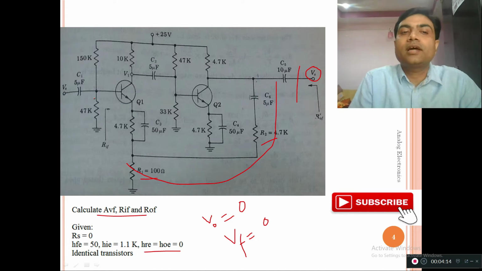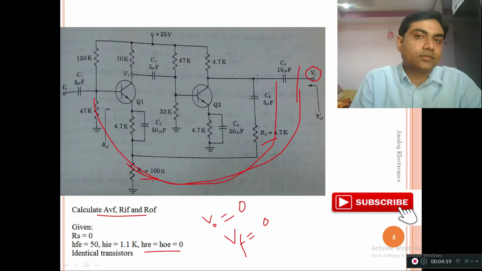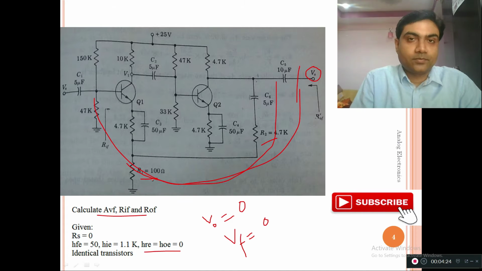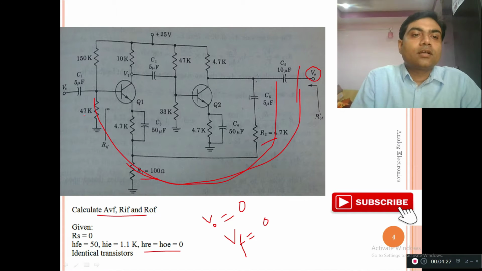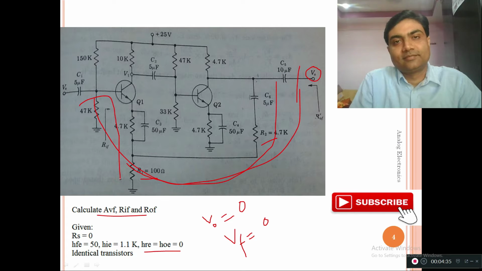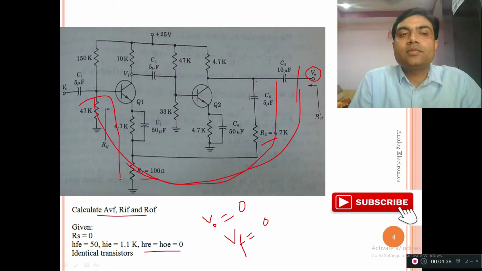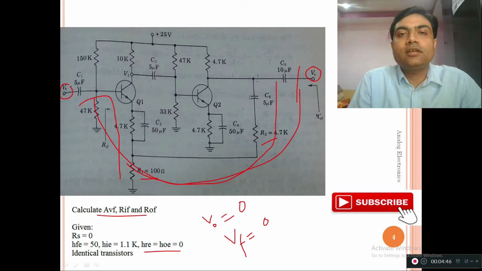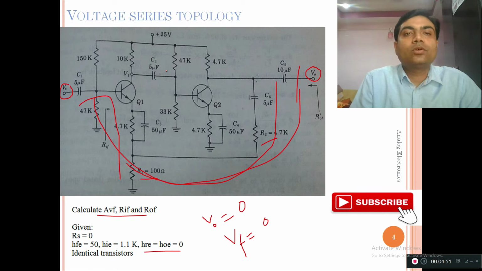Now if you carefully look at the circuit, R1 and R2 indirectly connect the output with the input. There is no direct connection between this input terminal and this output terminal in terms of the feedback. So when there is an indirect connection, the mixing is going to be series mixing. If you do not get this logic, you can also apply the second logic: the input circuitry is connected in series with the feedback circuitry, so feedback is in series with the input voltage supply, that is Vs. By both these logics we conclude that mixing is in series form. So what kind of topology is this? This is voltage series topology.